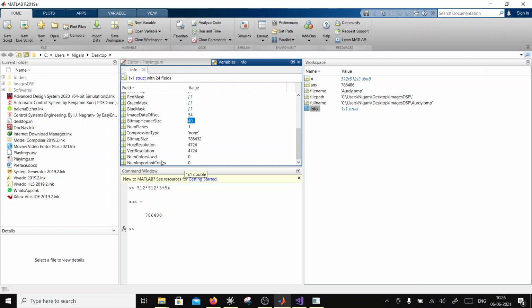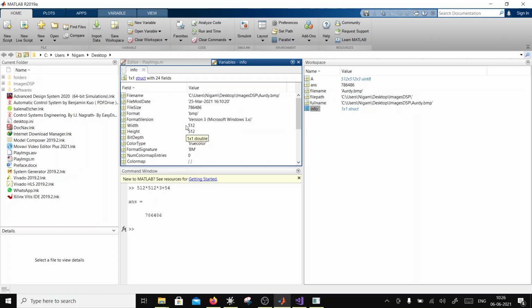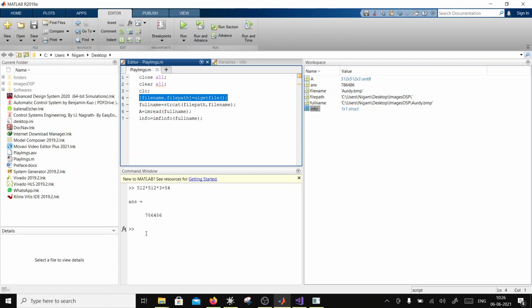Okay, if there is a color map, then it will tell you how many colors are being used in the image. If it is not an 8-bit image, you will not get that information. So you now see that MATLAB is not doing anything fantastic under the hood when you do an imread. Okay, so it's just that.